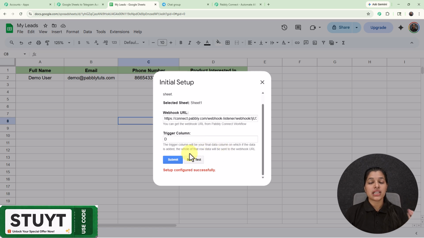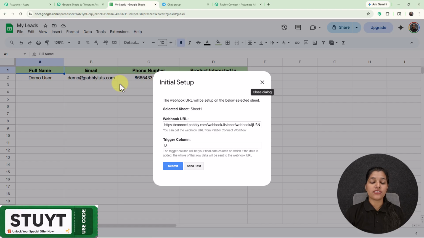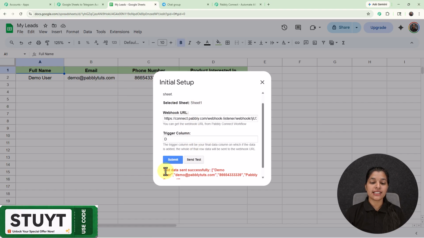Now we just have to send the test data to Pabbly Connect, and for that we simply have to click over the send test. And here as I already have the data, so I'm going to just click over the send test. And right here we are getting this message which says test data sent successfully. So now let's move on towards my Pabbly Connect to check whether we are receiving this data over there or